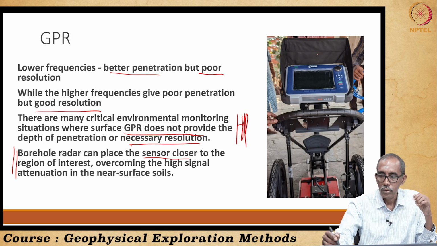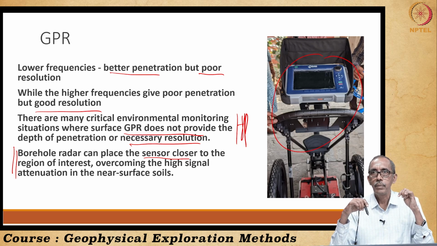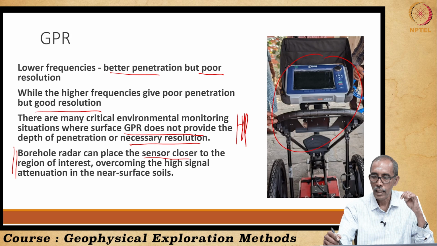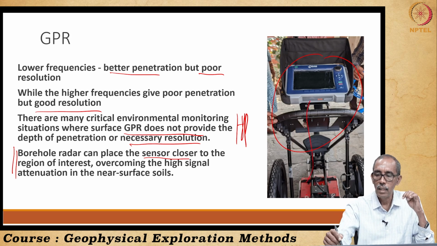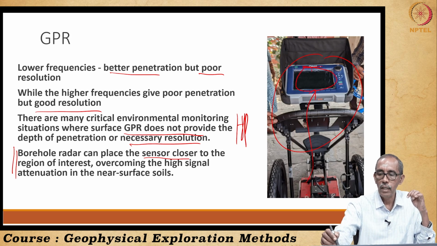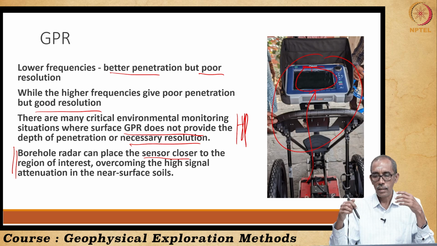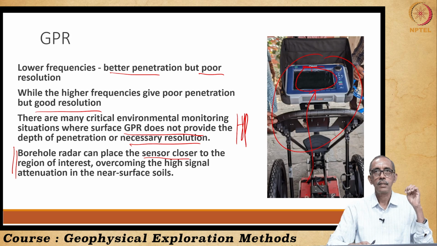And here you see another model of ground penetrating radar. Here both transmitter as well as receiver are attached just beneath a small trolley, right. You have the transmitter as well as the receiver, and the signals are sent to the recording unit, where you also see a display. Directly you see the display of the subsurface image, right. This is another model which is very handy, right. You can just push this cart. As you push this cart, you get the continuous image of the subsurface, right.